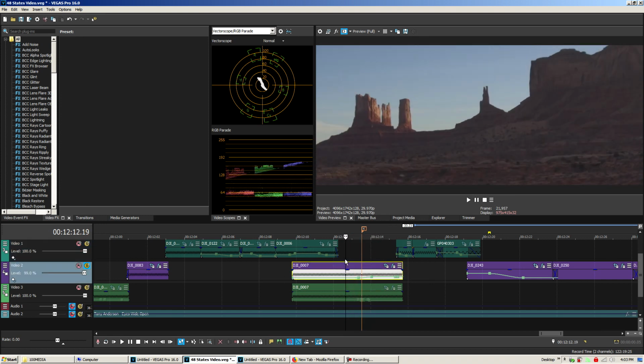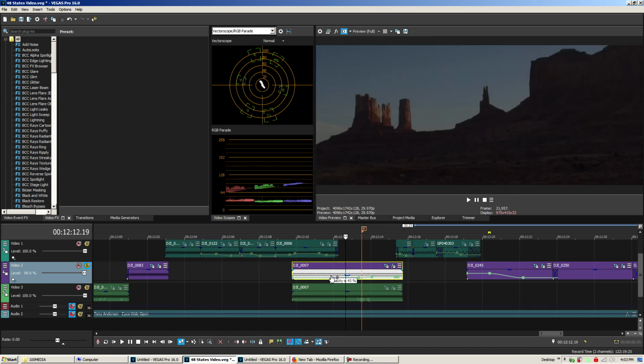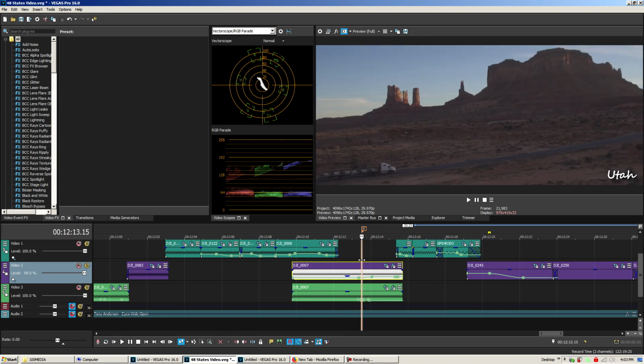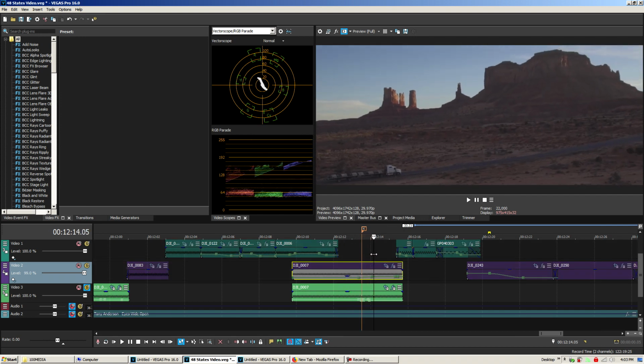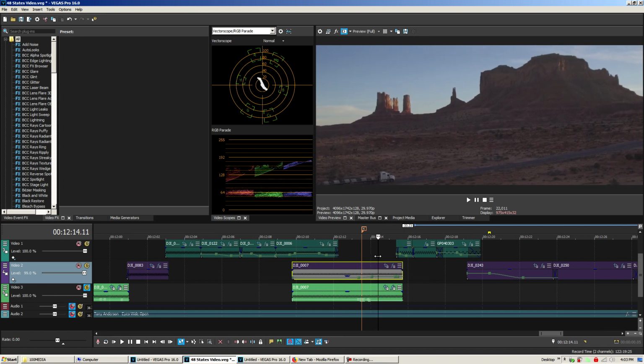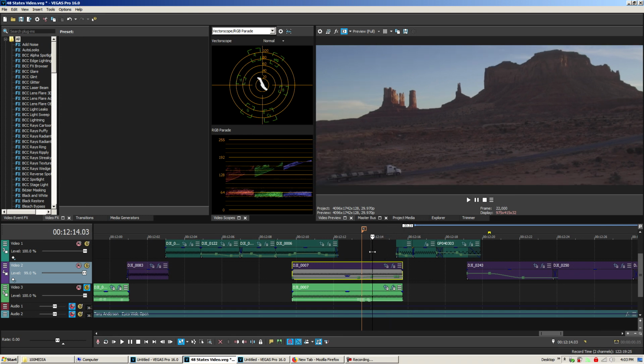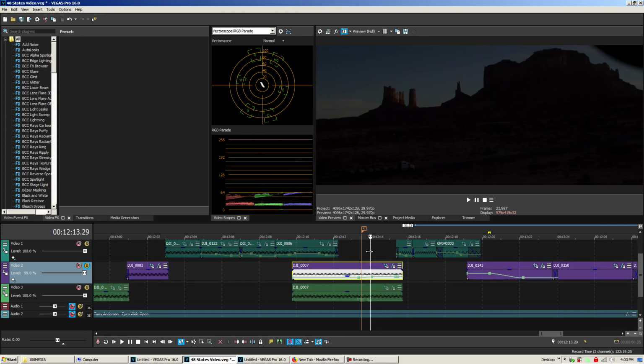Now on the copy down below, if we can just bring down the opacity of this and show the copy, you're going to see that it's actually shifted a little bit. See how the time is shifted? And then when we solo this, you can see that not only did I shift time, but I also stopped time, although I still maintained a little bit of a zoom going on even though time is not moving. And the reason why is because I had to still simulate movement,